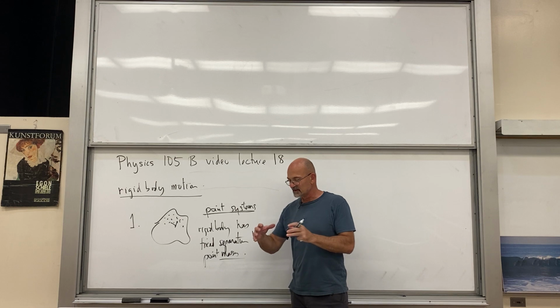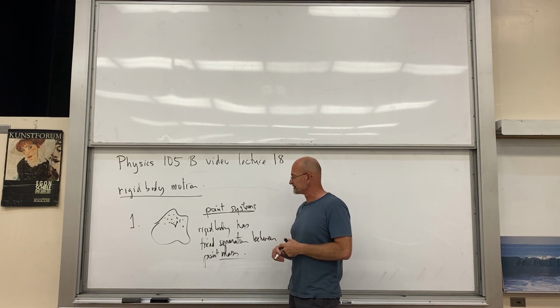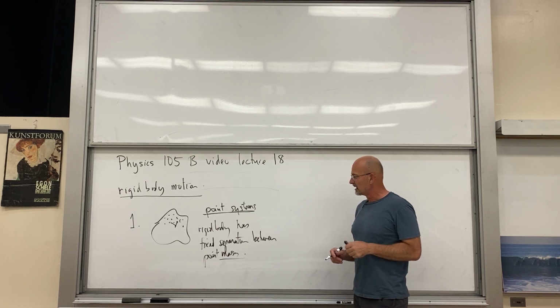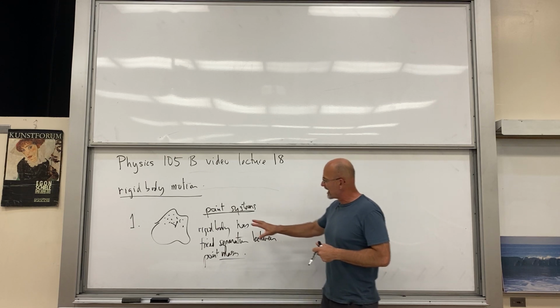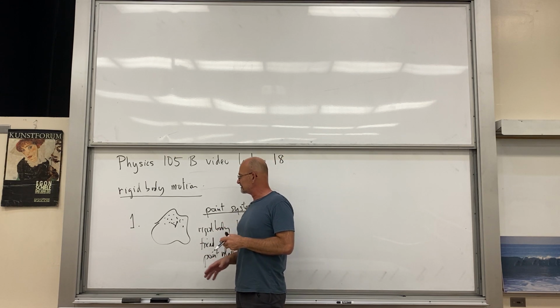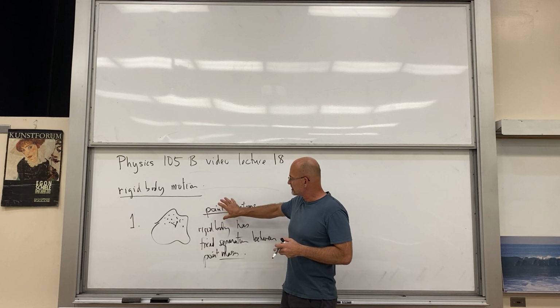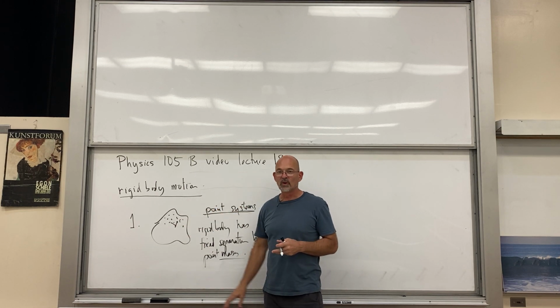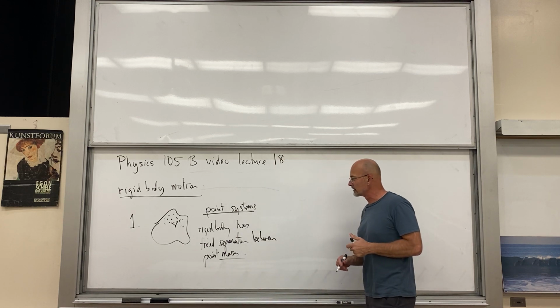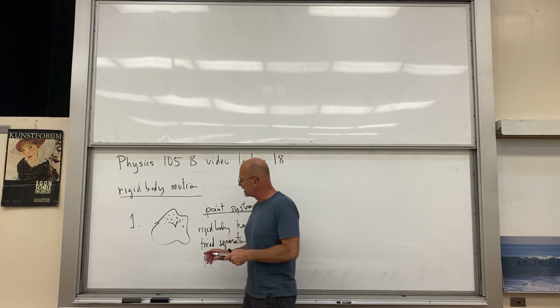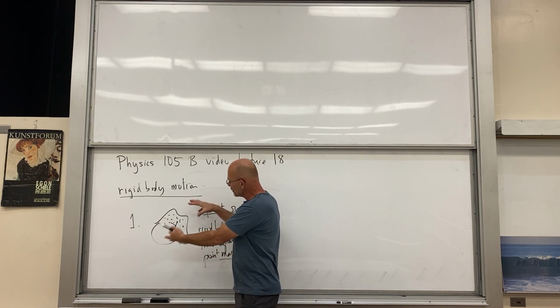Then you could stretch, compress, and so forth. That would take us to elasticity theory. And of course, if the point masses can slide with respect to each other, you can also make a transition to fluid dynamics as well. So continuum mechanics. But the way we're doing it, with the rigid body, all the point masses are locked in place,